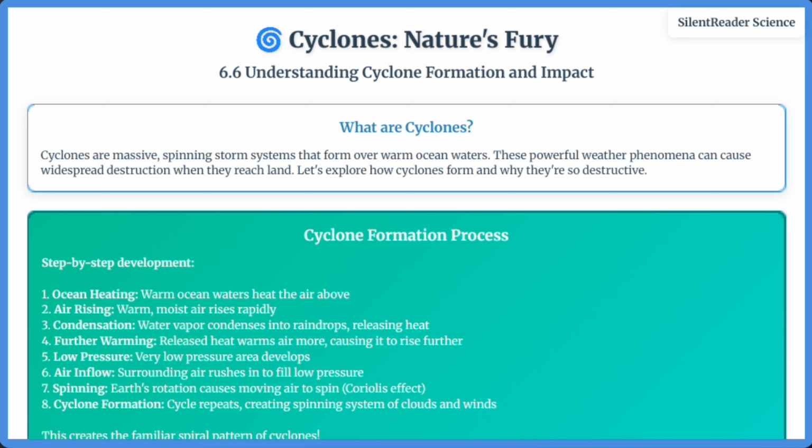Surrounding air rushes in, and Earth's rotation makes it spin, creating the familiar spiral pattern. The center of a cyclone is called the eye, a region of surprising calm surrounded by the most destructive winds in the eye wall. Cyclones cause destruction through strong winds, storm surges, walls of water, heavy rainfall causing floods, and